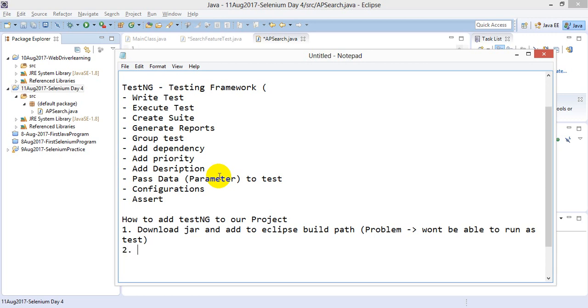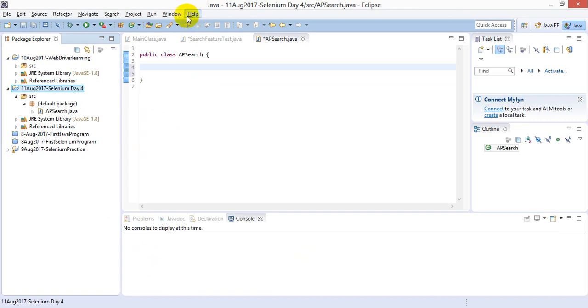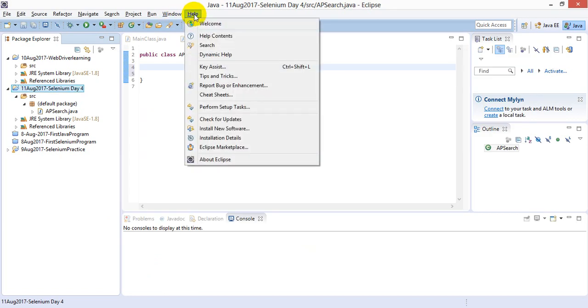If you are using Eclipse, there is a TestNG Eclipse plugin. You need to install TestNG. Now how to install that TestNG plugin? It is very easy. I told you a few days back, I think. Just go to Help, Install New Software,